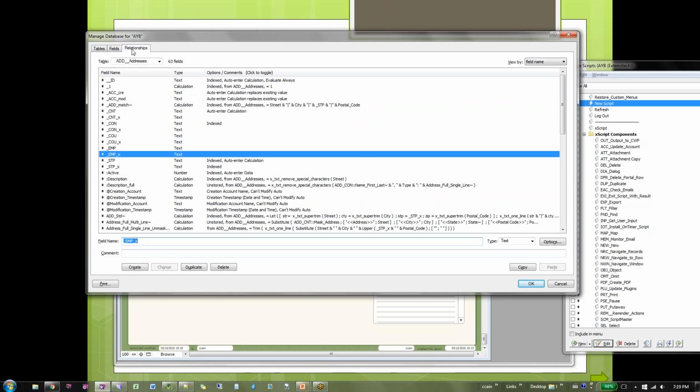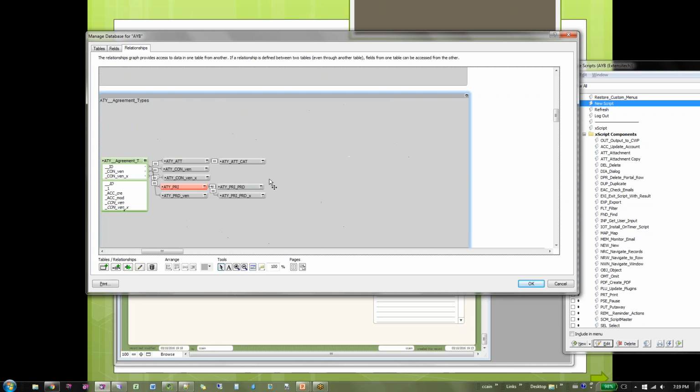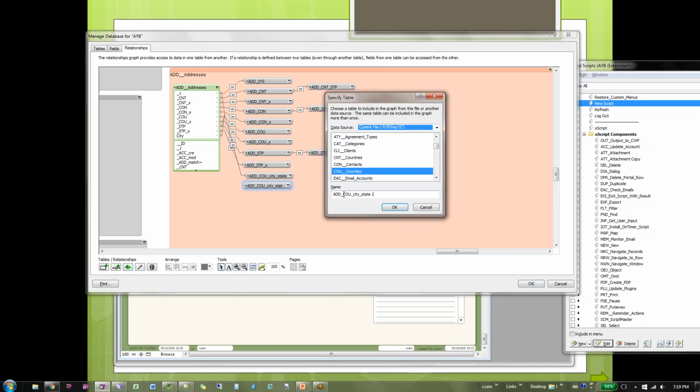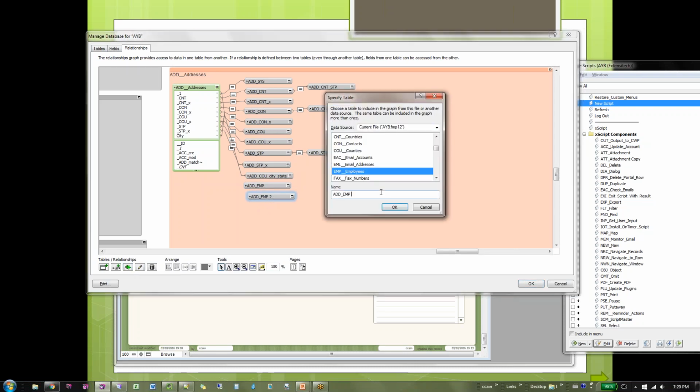I'll go over here to the relationship graph and find the tog I'm working in, and I create two relationships. Actually, in some stuff I'm working on now, I've got it down to one relationship, but this is the way we do it now. So I create add emp, right? So from addresses show me employees, and I need another one that is add emp x, just like the field, so nice and consistent.